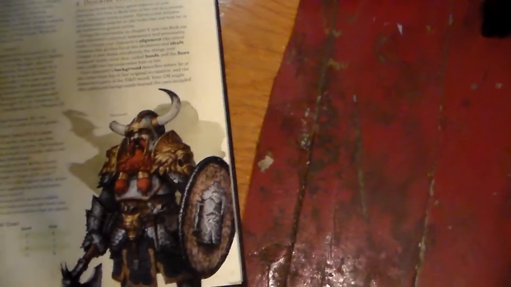Step by step, choose a race. There's 1, choose a class. There's quick build rules. This is the character Brunar that they use as an example. General stuff, hit points and dice. Basically telling you over here,